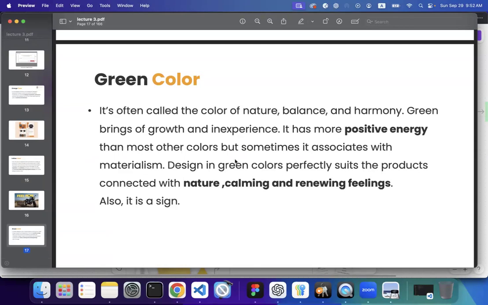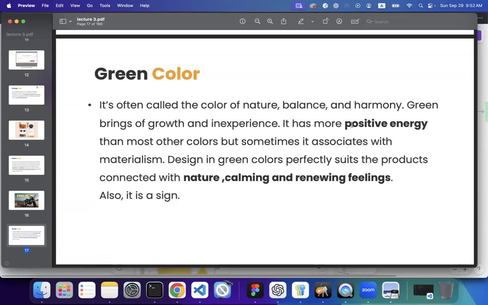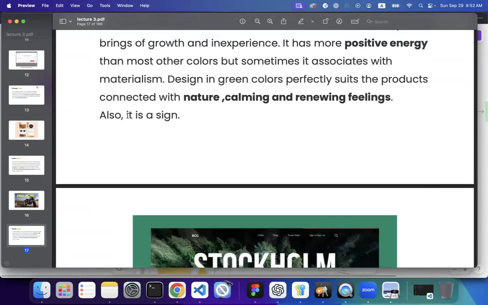Also, it is a sign. If you want to convey positive energy or something related to nature, you can use green color in your design. And it is also a sign, meaning we use green color to show success messages, that something good happened. So the expected action has happened on your digital screen. We can show them a green color tick or whatever to show them the message that their action has taken